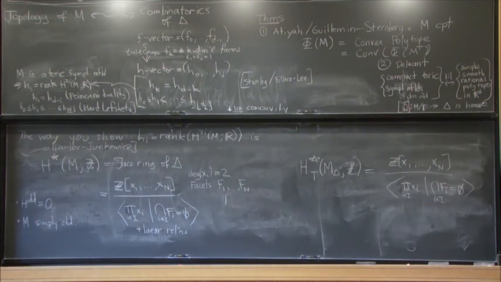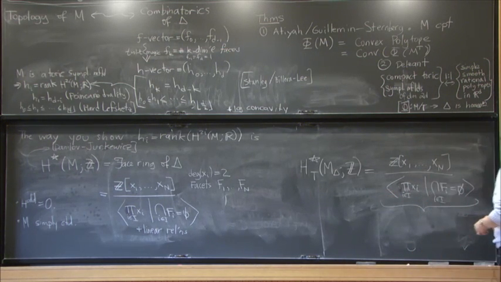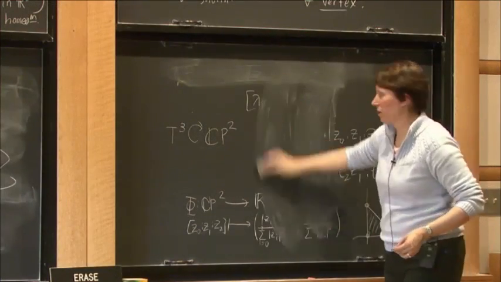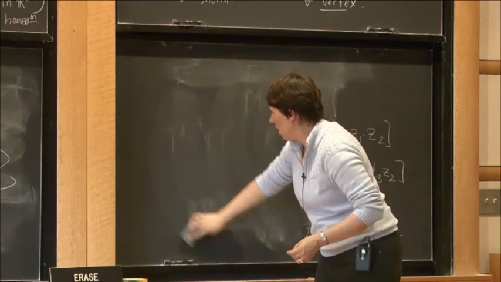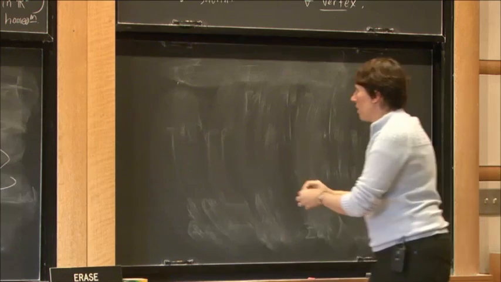So there's also a description of this. Here we're playing with polytopes. Algebraic geometers prefer to play with fans. That's another combinatorial gadget associated to a toric variety. And what it is,